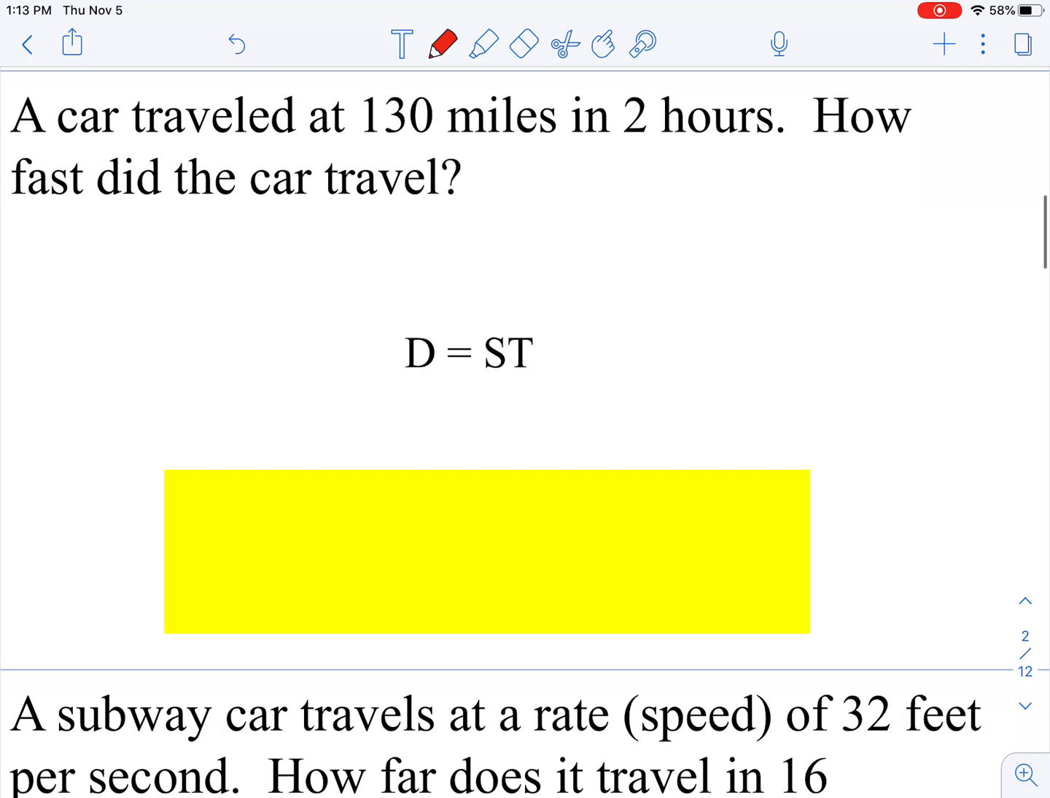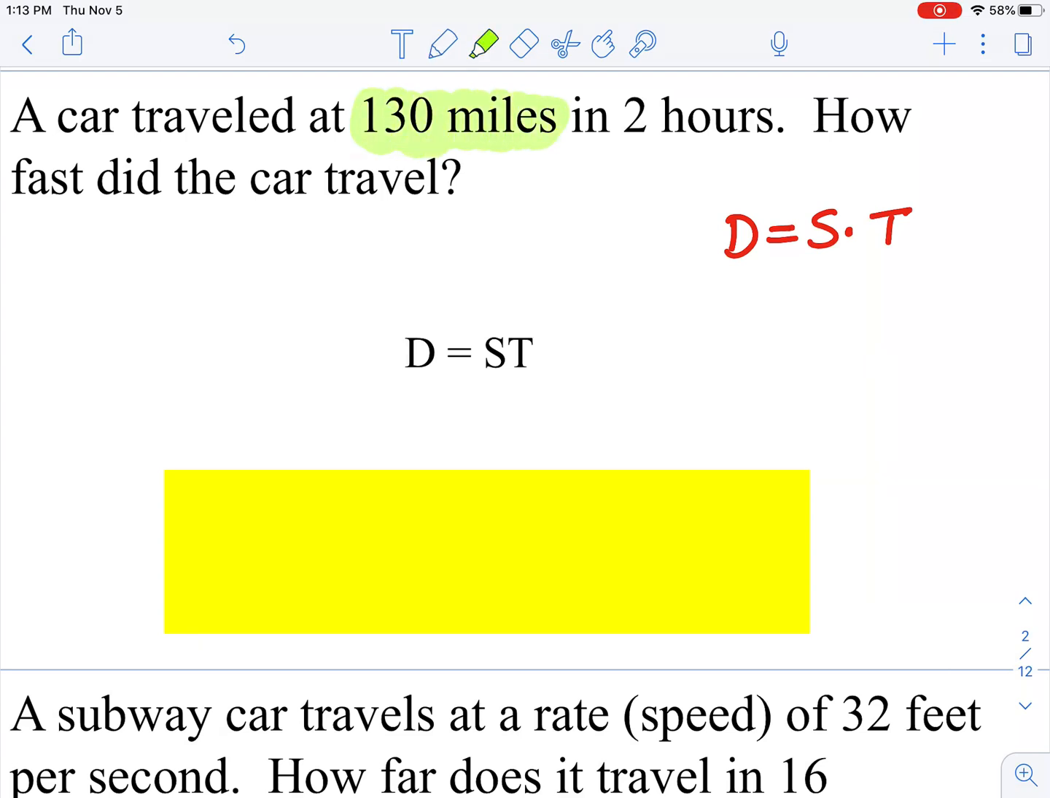Okay, so if we look at the next one, I would write my formula on a piece of paper, and then I would read to see what I can fill in. A car traveled 130 miles in 2 hours. How fast did the car travel? So I know